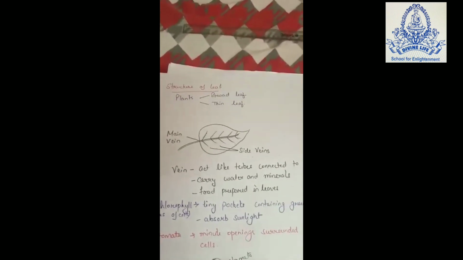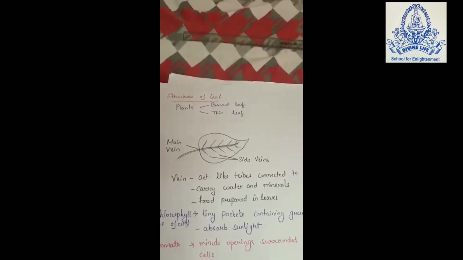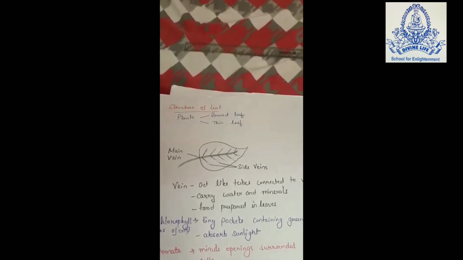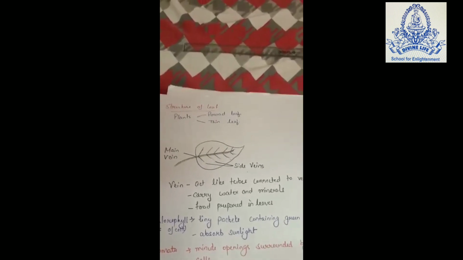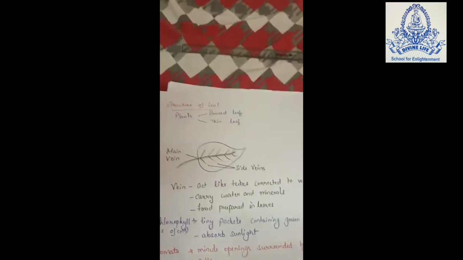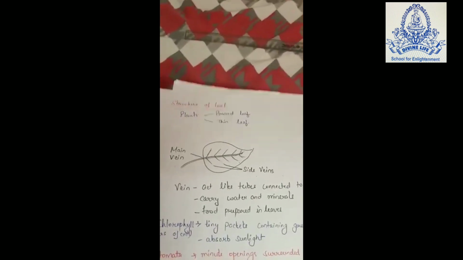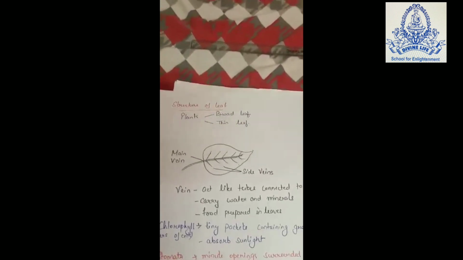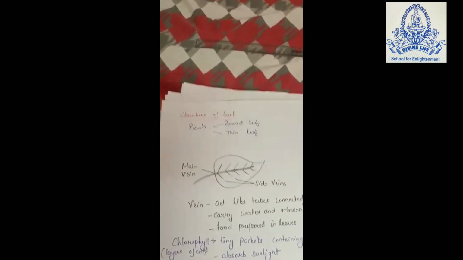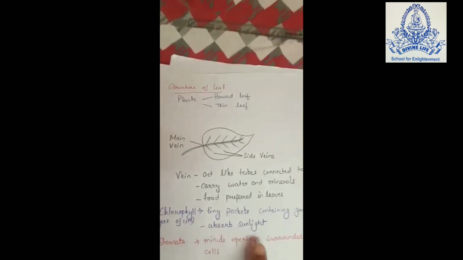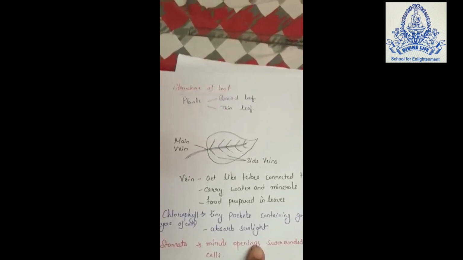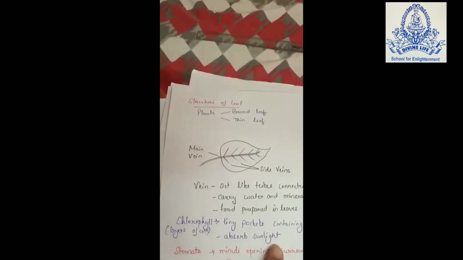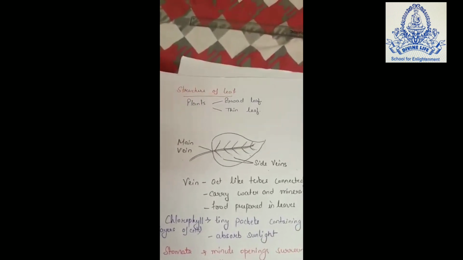Just like we have cells in our body, chlorophyll also is a structure of the cell that contains tiny packets that have green pigment in it. The green pigment is responsible for the green color of the leaves. The main function of chlorophyll is to absorb the sunlight energy and prepare food for the plants.